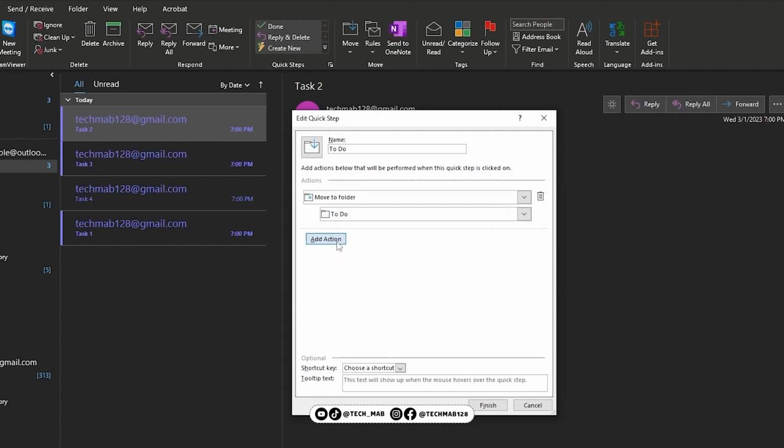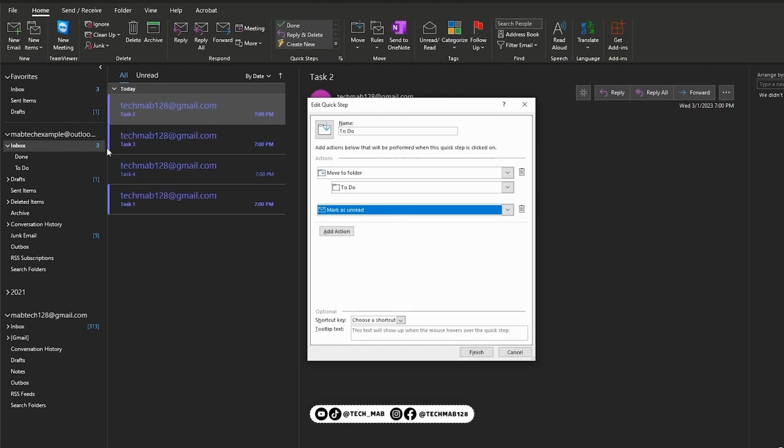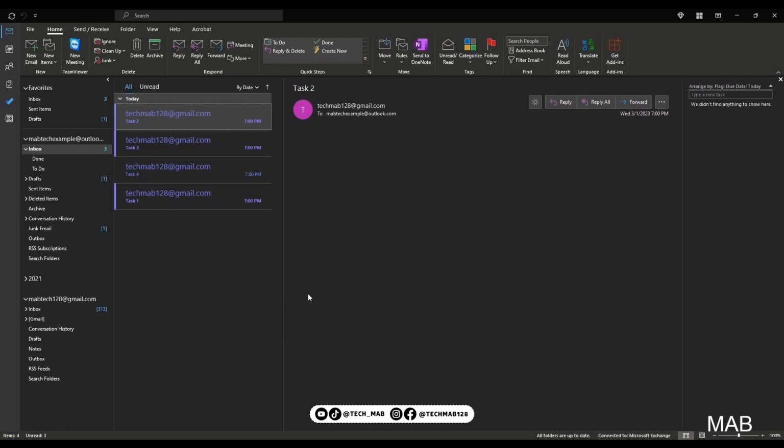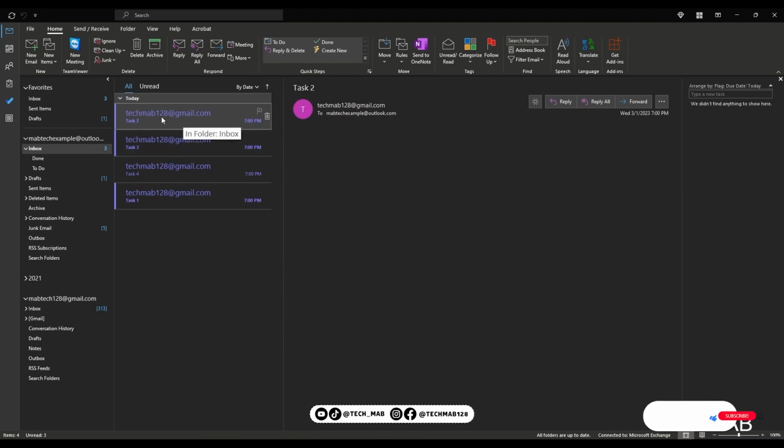Another thing you should add is mark as unread, in order to be able to see how many emails are included in the To Do folder. Here you can also include a shortcut to make it easier for you in the future if you want. Then press finish. As you can see, it created a To Do quick step,